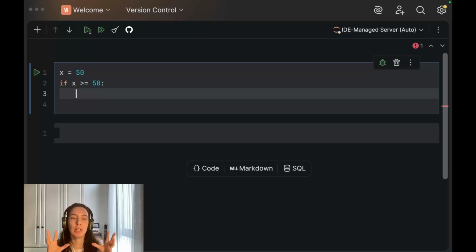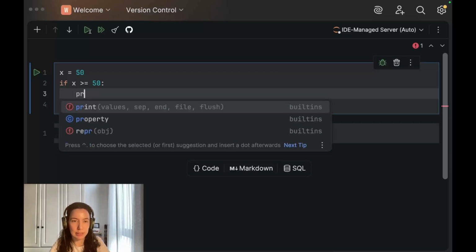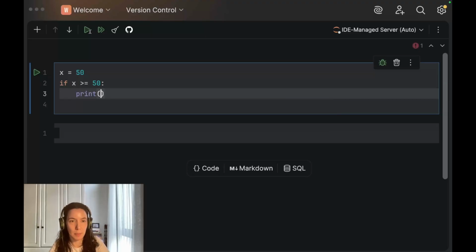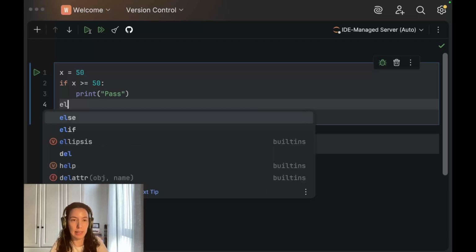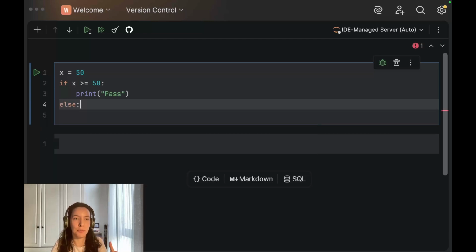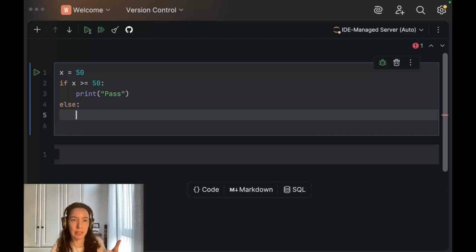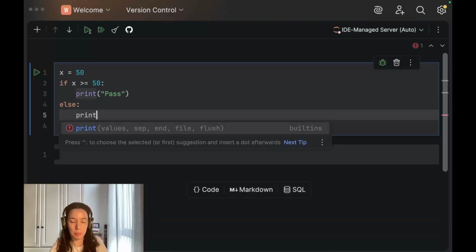So I have a code block embedded under my if statement. In this case, I'm going to print pass. When I press enter, it's going to assume that I'm going to continue writing in this block, but I won't. So I'll go back and say else, if it's less than 50 in this case, then print